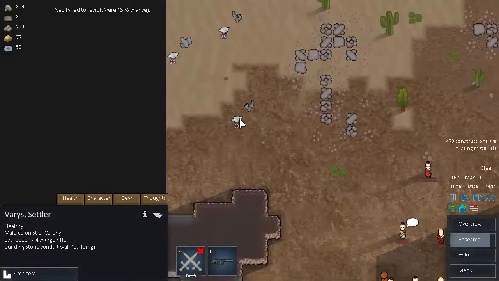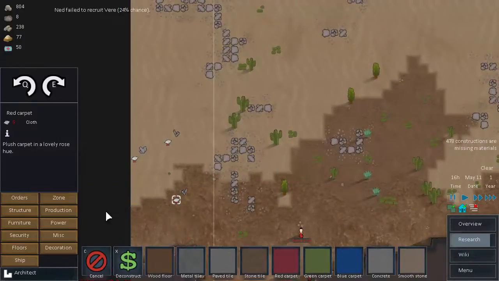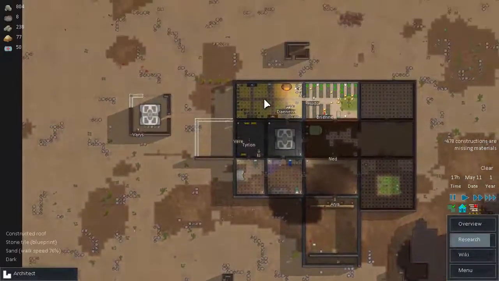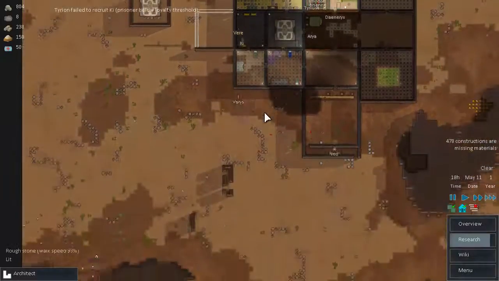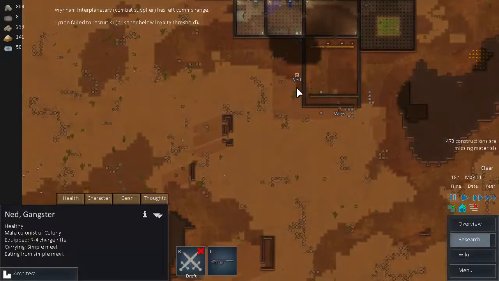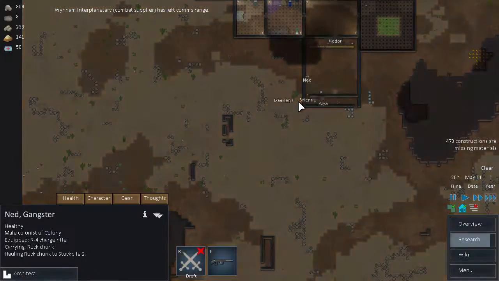We have cloth over here! Hooray! Okay, so, let's not mark any of that to be hauled yet, because that means our people are just going to go down even closer to that enemy tribe, and then definitely engage the fight over there. Ned, what are you doing? Why are you going all the way out here just to eat, buddy? That's a little bit weird, but...